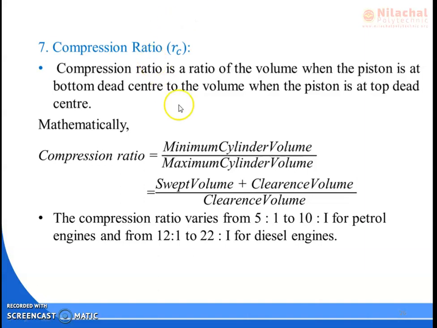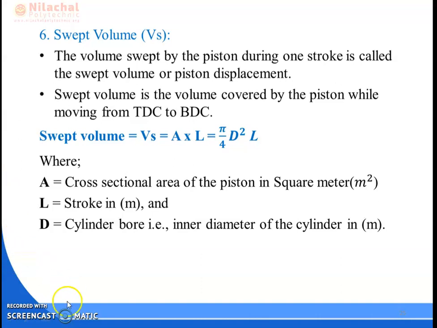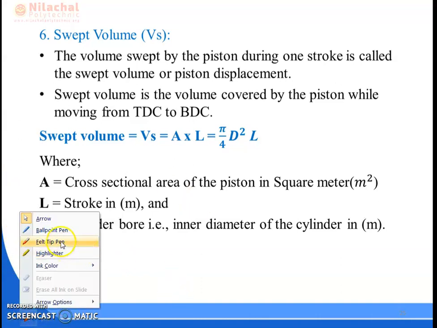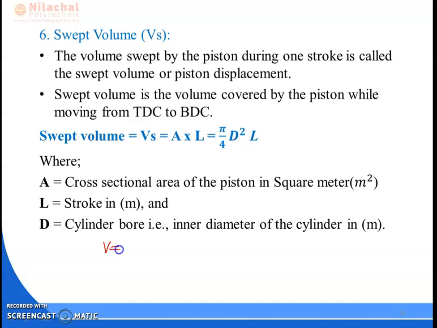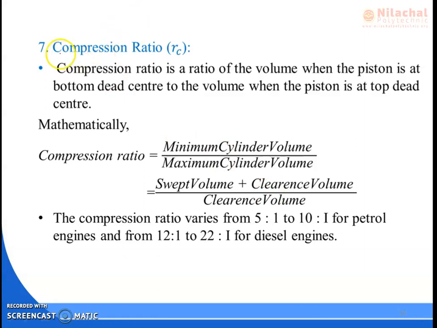Okay. Next we will discuss compression ratio. What did we discuss? We discussed clearance volume and swept volume. So what is your total volume? Total volume is clearance volume plus swept volume. Then we will discuss compression ratio. What is compression ratio? Compression ratio is the ratio of the volume when the piston is at bottom dead center to the volume when the piston is at top dead center. So that means that is your